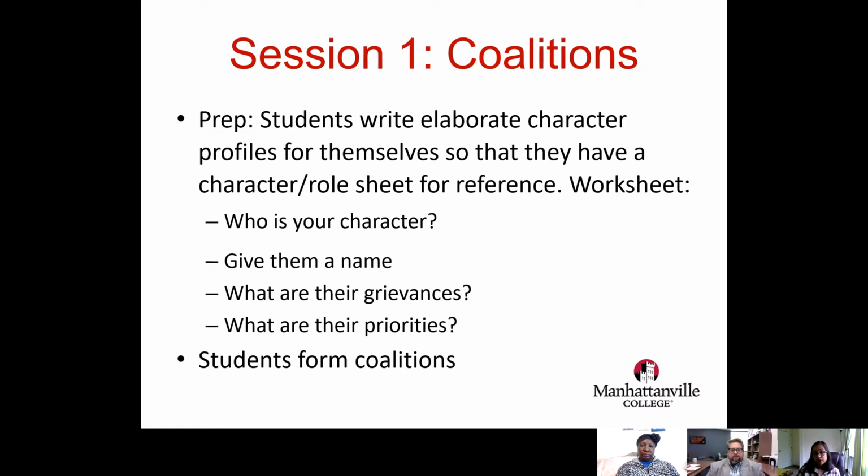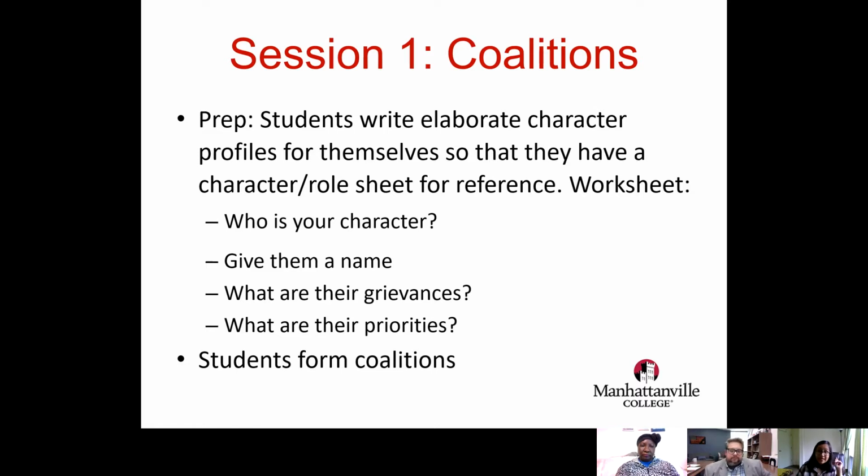And then I ask them to form coalitions, right? Who do you want to work with? And interestingly, the same coalitions always develop. I'll tell you what they are in a minute, but before the next session, I'll let them switch. So I'll play devil's advocate, and I'll put students together in a space and say, hey, are you sure you want to be in that coalition? So it works out. Now, because my class was online last semester, it was really hard for them to form coalitions when we were all on Zoom or all on Teams. So this semester, I gave them coalitions, which are similar to coalitions that are already formed, but I don't think it was as fun. It's much more fun when they do it themselves.